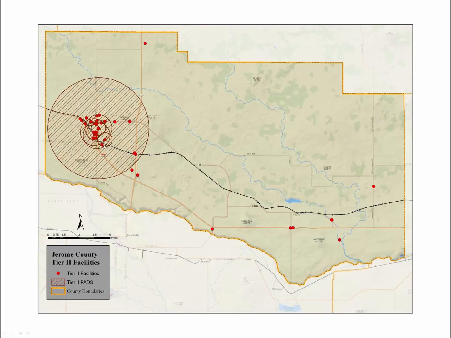These red dots indicate facilities that store hazardous materials within Jerome County, and each facility has been analyzed to determine a protective action distance should the entire storage capacity be released. Note this large circle around the city of Jerome. That particular release is from a dairy production facility, and the release is from anhydrous ammonia, which is used as